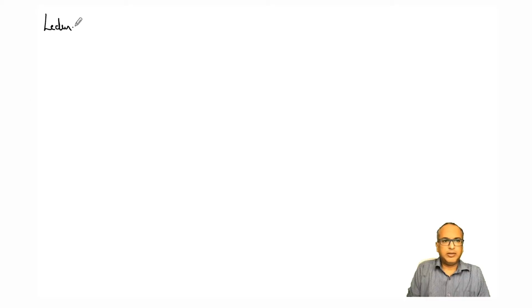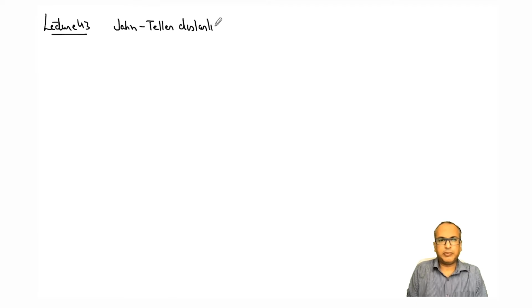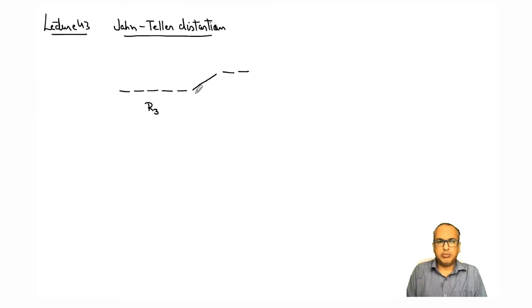So welcome back. Let us continue our discussion of application of group theory onto crystal field theory, right? So today we'll be discussing something called Jahn-Teller distortion. So far we have looked at the crystal field splitting of d orbitals. So initially, if the d orbitals are in spherical symmetry for an isolated atom, we saw that under octahedral field they undergo splitting,